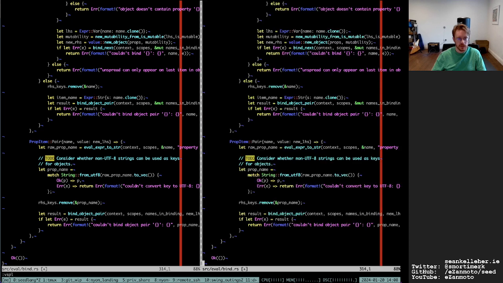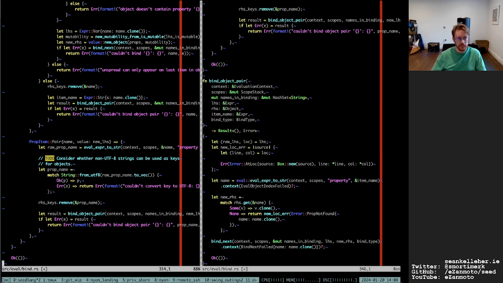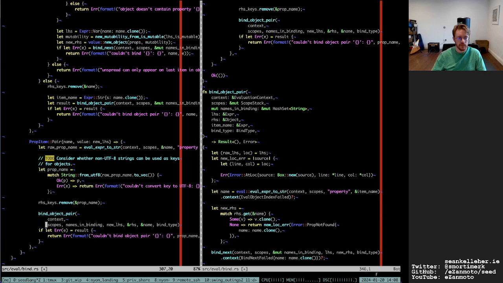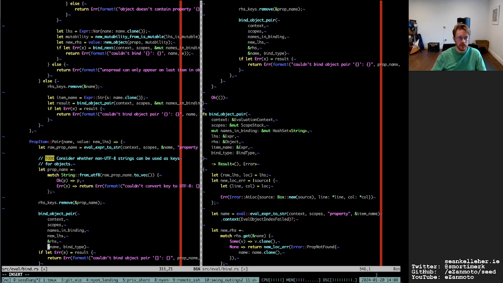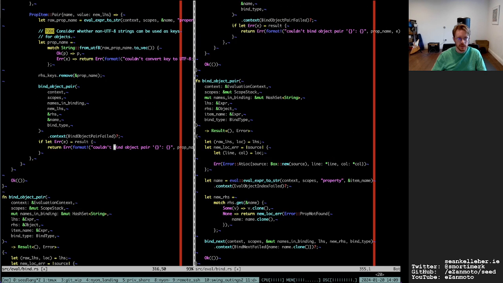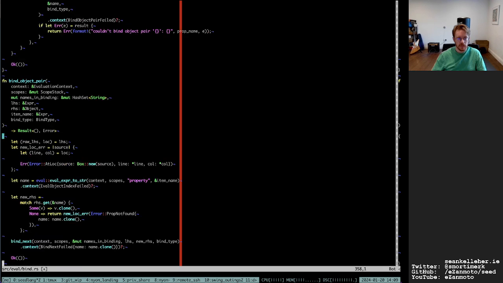So okay, so I might not need to add the name here because I have it at the higher level, although it's only evaluated to a string down here.